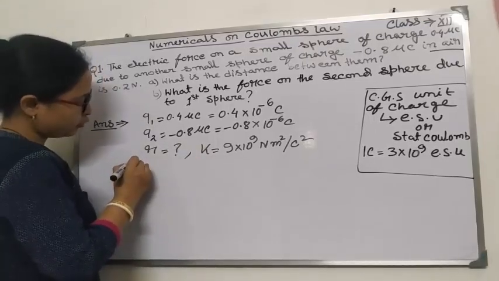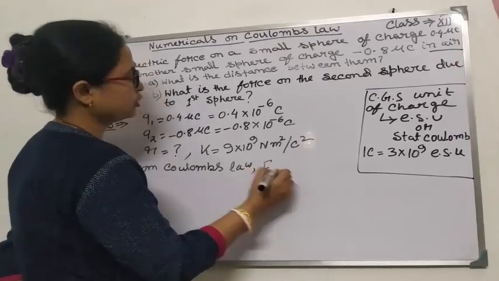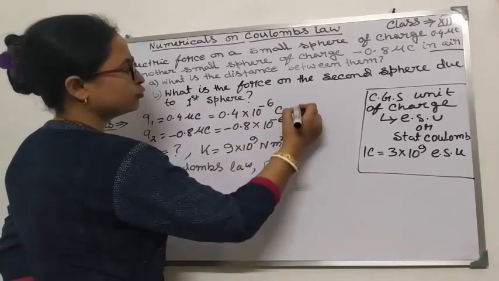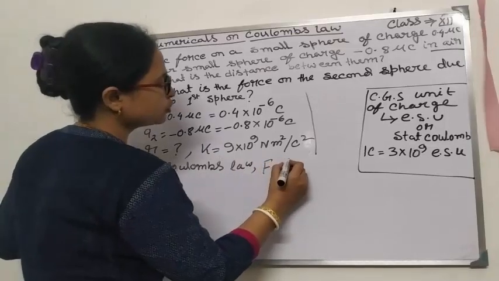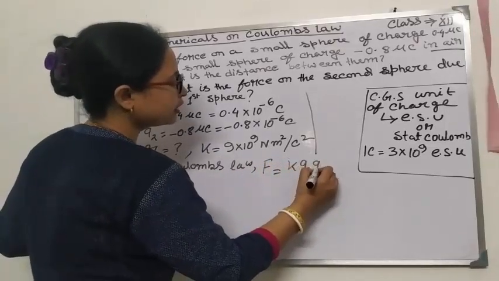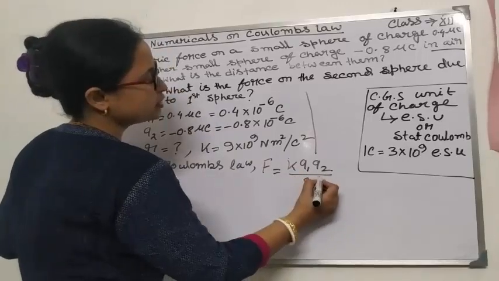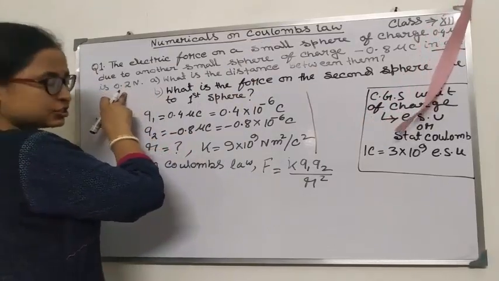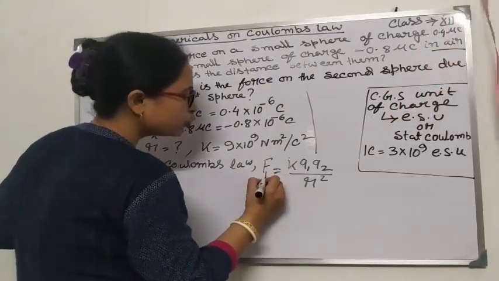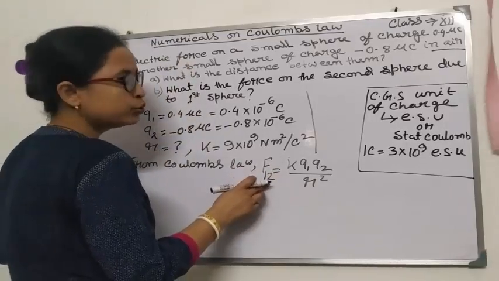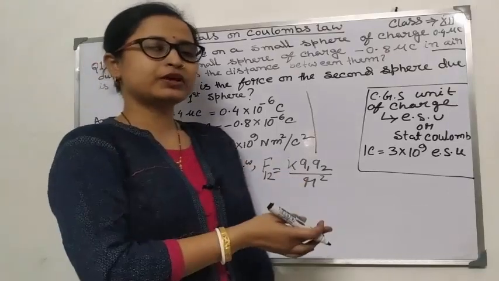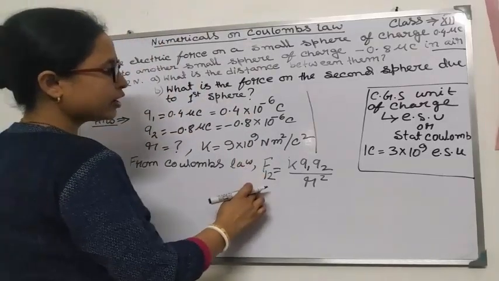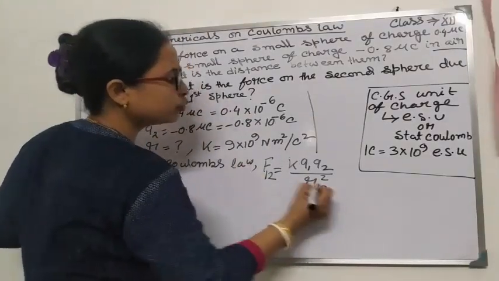So, what is the formula of Coulomb's law? You have to write from Coulomb's law, F is equal to, here F is also given, na? What is F? F means force. Force is given here. From Coulomb's law, F is equal to K into Q1 Q2 by R square. This is the formula. Now, first we will learn here the force is given for the first charge. That means F12, force on the first charge due to the second charge. As we have learned in our previous class, if you forget this one, I suggest just go through my previous video. So, it is F12, then it will be R12.